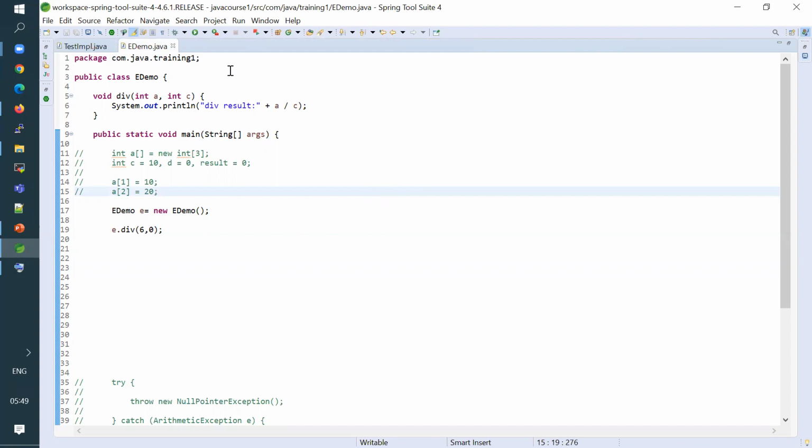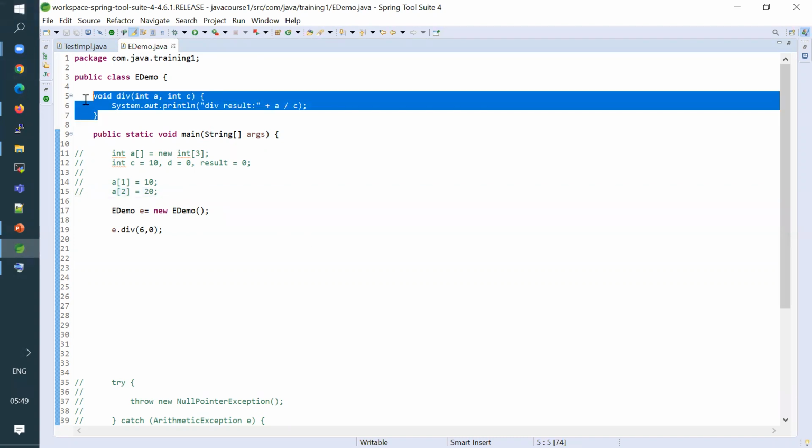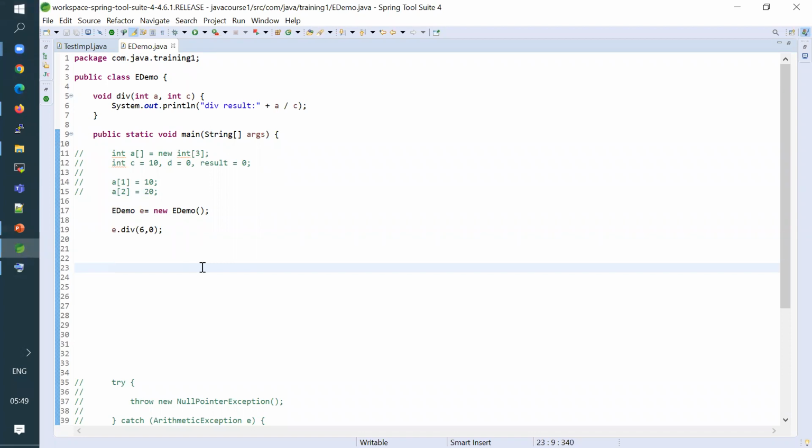Okay, so now you have some method like this, right? But sometimes here you're not actually handling the exception. When you write some programs, sometimes you may find some functionality already available in some methods like this. So here, for example, you decided to perform division.